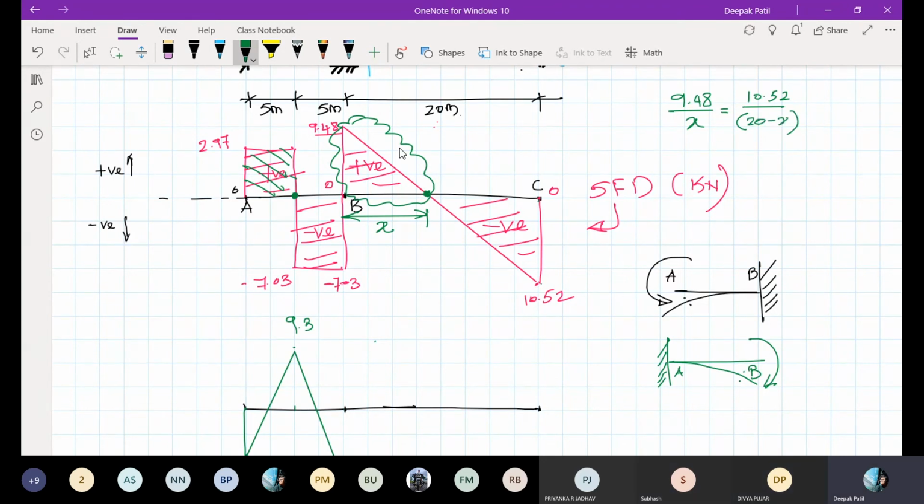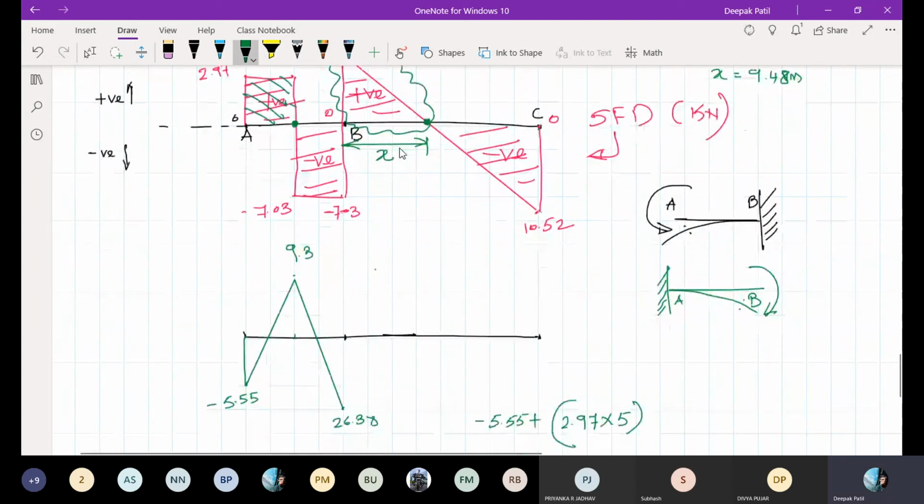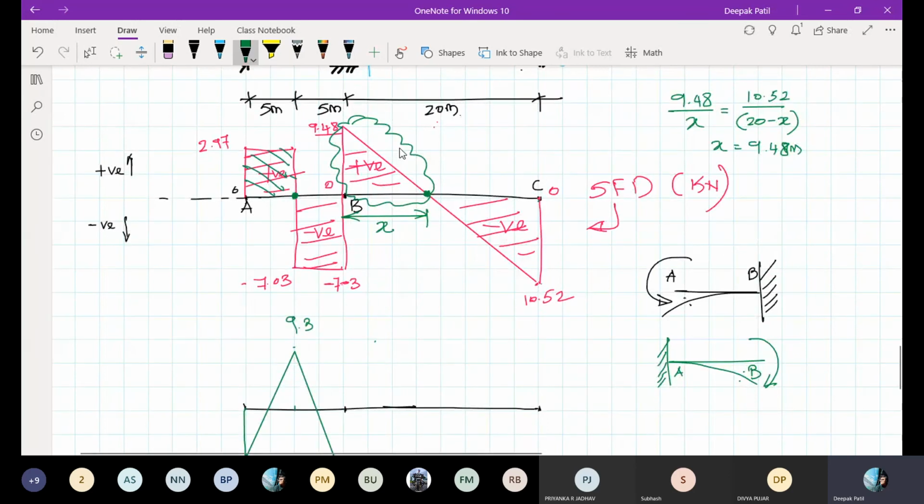Yes, 20 minus x. So once you solve this, you will get the value of x. In my case, I am getting the value of x as 9.48 meters. Okay, so once you know that value,